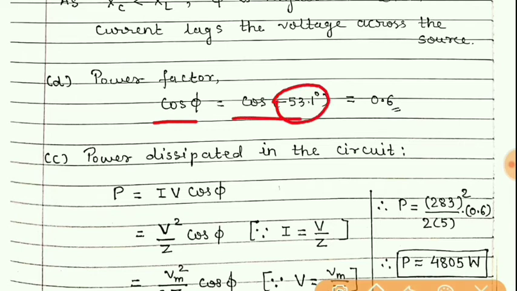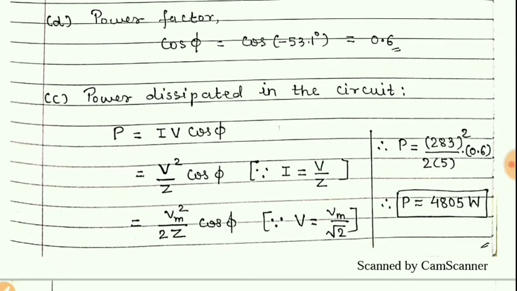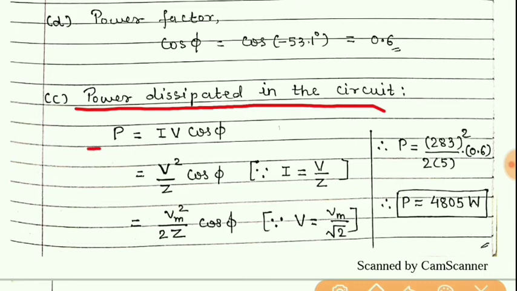So putting this and once again using the natural cosine table, you will get this as 0.6. Now power dissipated in the circuit. We know that it is P is equal to IV cos phi. Value of cos phi is 0.6,